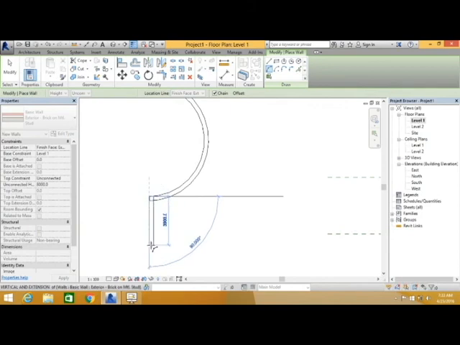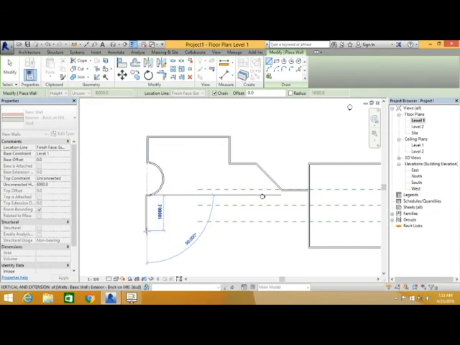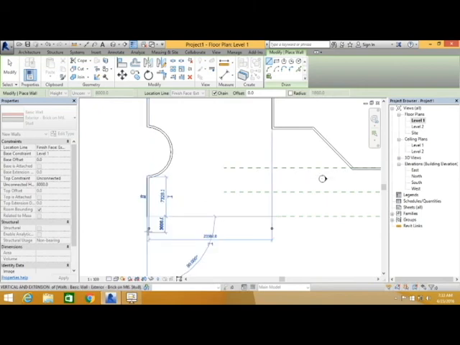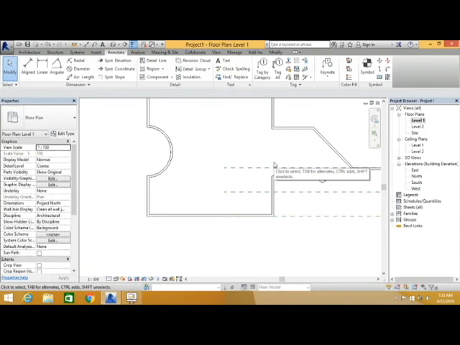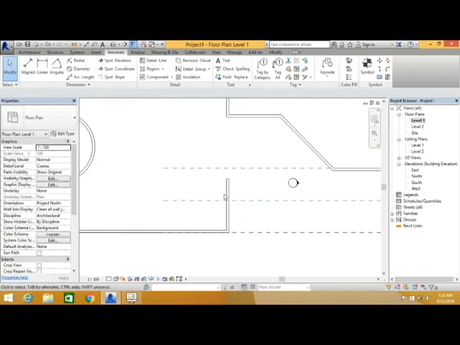It's fine. Then again I need a straight wall, so I will take the line command again, but again you can see the orientation has changed. Press the space. Now 7500 again, enter, then come back this way 24,000, then you take this way, it is 7500. Here all the measurements are correct, then it will be coming back to the reference line which we drew before. Then press the escape twice and come back.